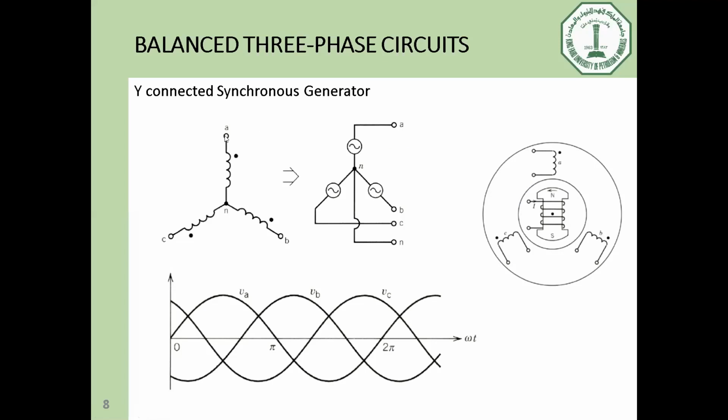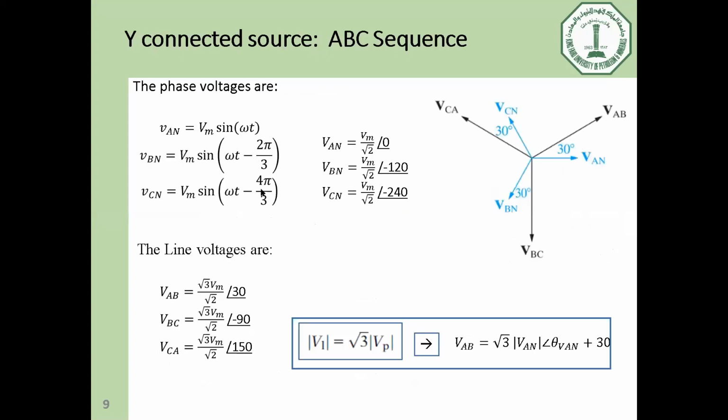How can we calculate the terminal voltage VAB? Simply, we can make a loop, or apply Kirchhoff's voltage law between points A, N, and B. So we can say VAB equals VAN minus VBN. Okay, so simply if you subtract VBN from VAN, so this is VAN, VBN is this vector, so minus VBN, we can draw